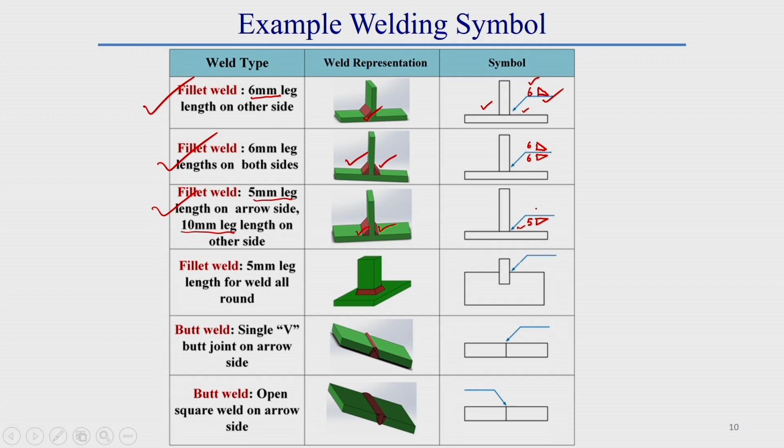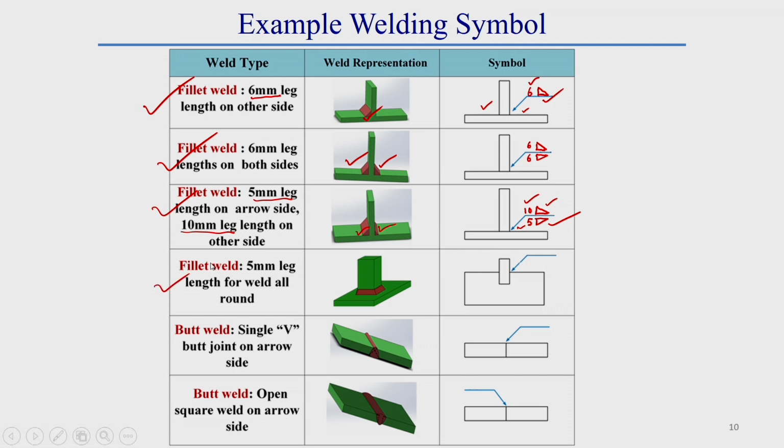Now, on the other side we also did a fillet weld, and that welding symbol is also triangular in nature. What should be the size of this weld? Generally the size of this weld is 10 mm. So generally on the left side of this weld symbol we put 10. If we see this number and symbol, we can easily understand from this symbol what the welding operation should be.